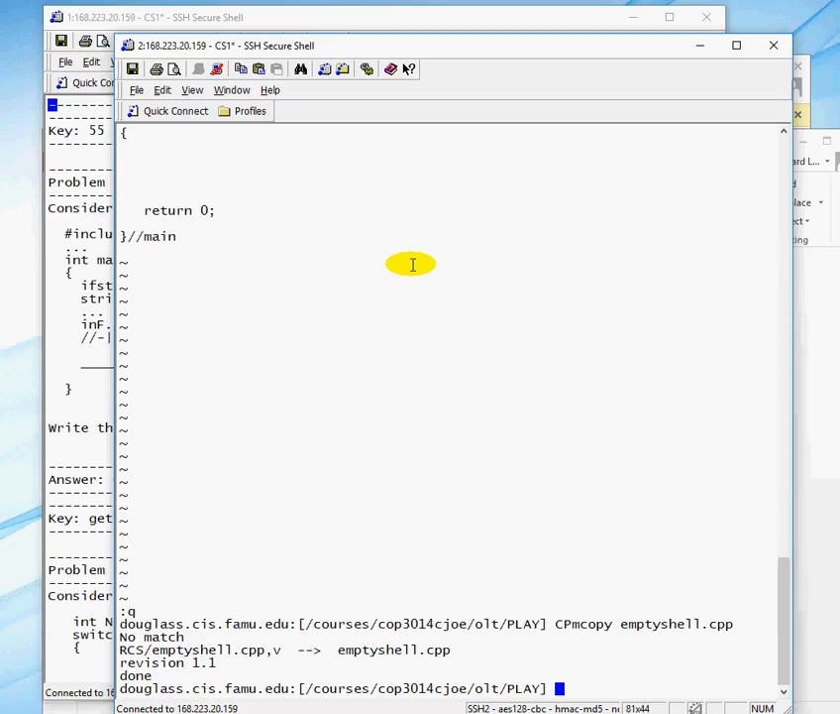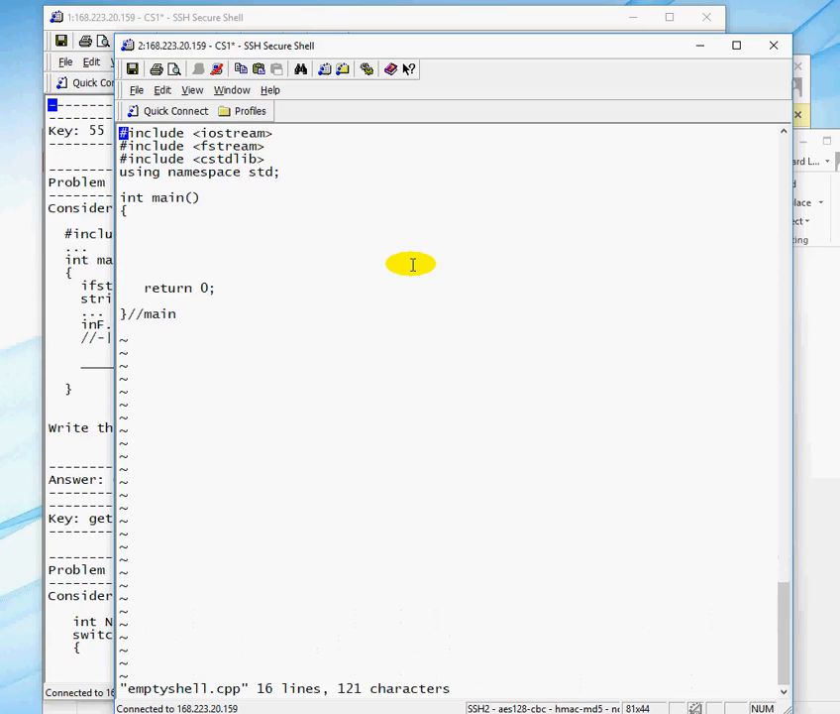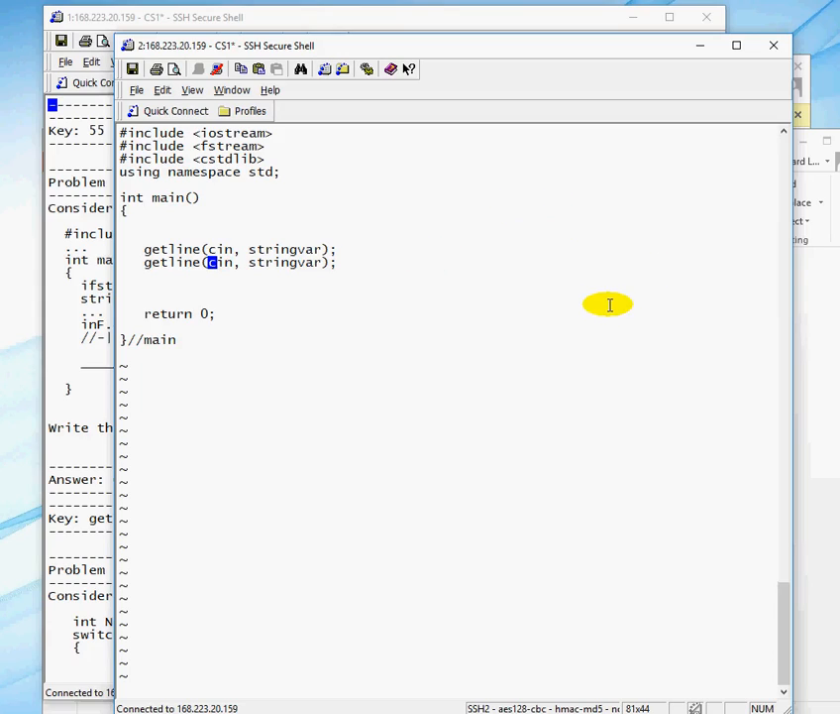What would we normally do? We would normally say getline, cin, and a string. Isn't that what we do? If we're using a file, what's the only difference? The stream we're using is no longer cin. It's whatever the name of the stream is. In this case, it happens to be